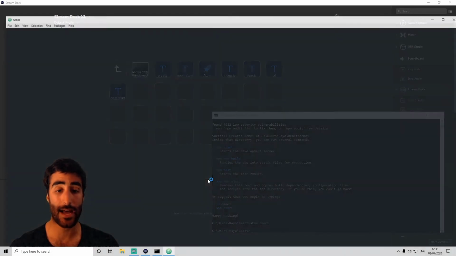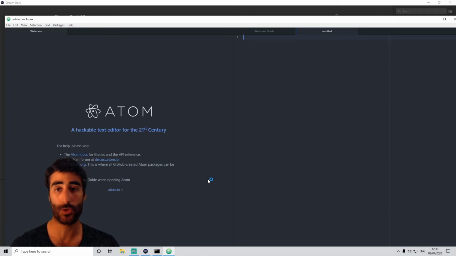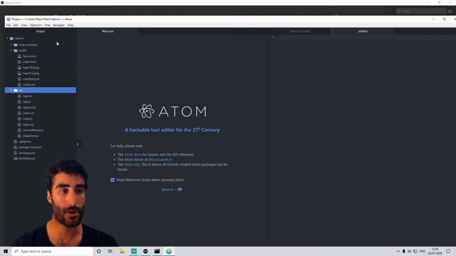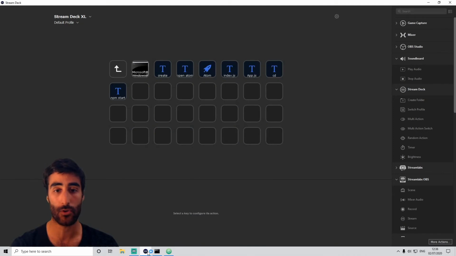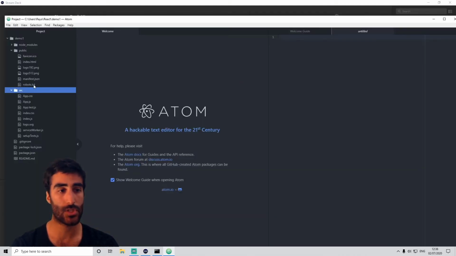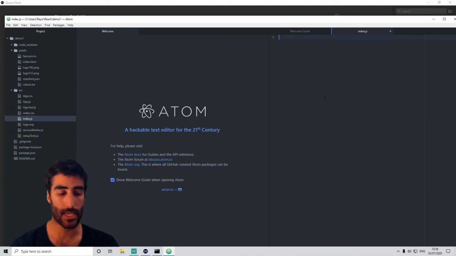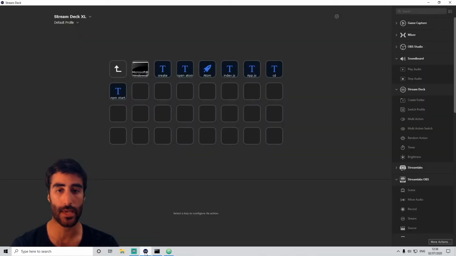And as we see now, it's automatically loading up Atom, which is my coding editor of choice. And I'm straight in there inside the folders itself. So there are a few things now that we can do. So going back to the Stream Deck, getting it back on the screen, we see that I've got something for index.js. So I want to go into my index.js file, delete everything in there, and then on the Stream Deck,